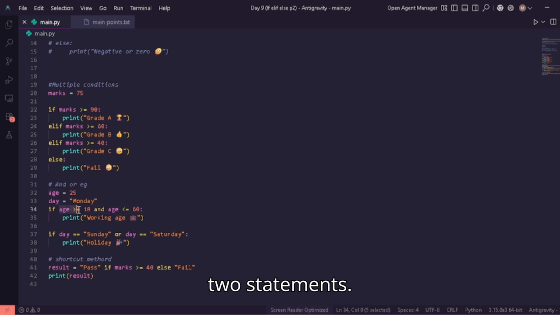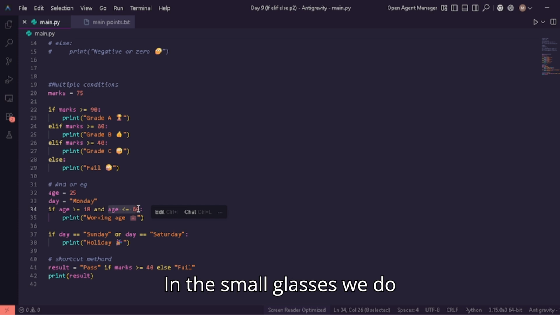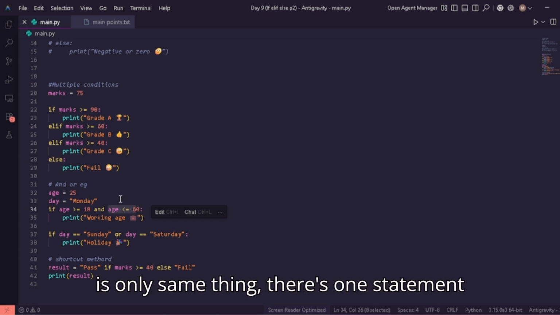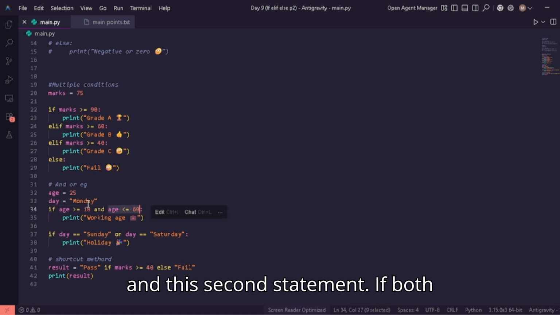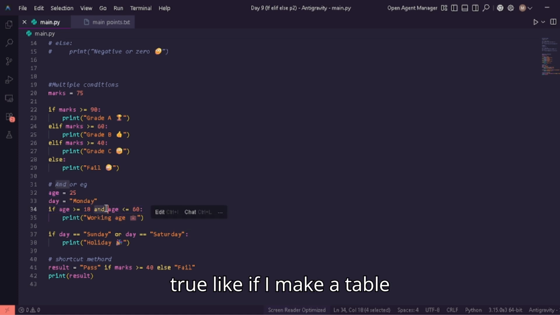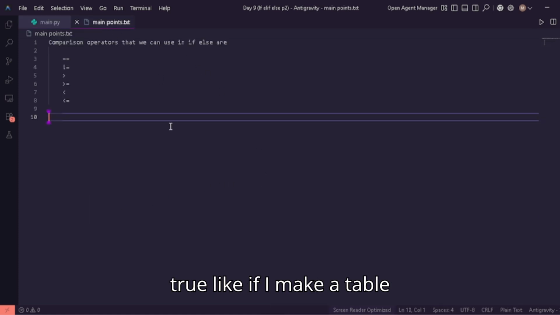These are two statements. This is only like math. In the small classes we do 1 plus 1. In bigger classes we do algebraic expressions and so on. So this is the same thing. There is one statement and there is a second statement. If both statements give true, and will make it true. Like if I make a table for you,